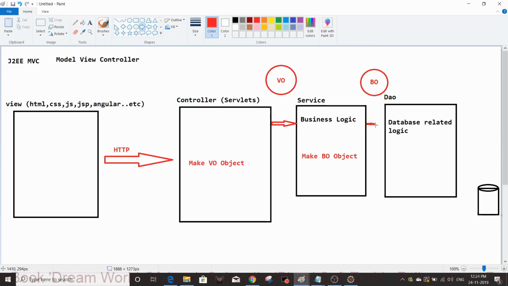The request is going like this, and along with the request the BO object is sent. Now the DAO performs some database operations, stores the BO data to the database, and gets some data from the database, and makes it one more object.